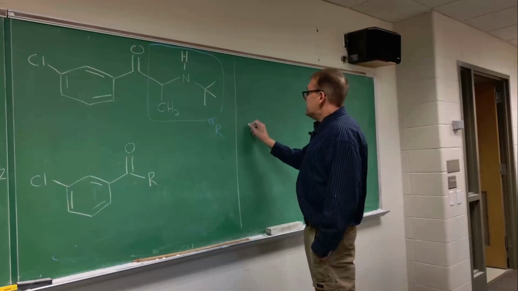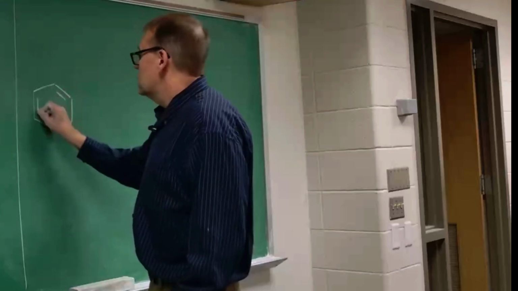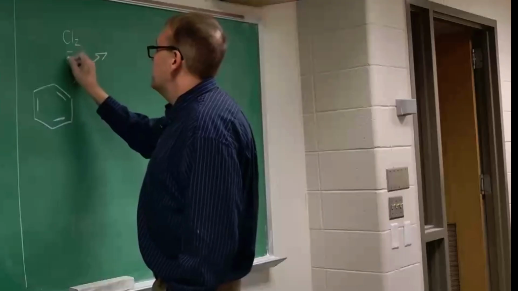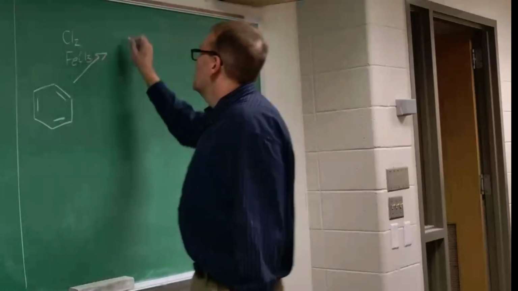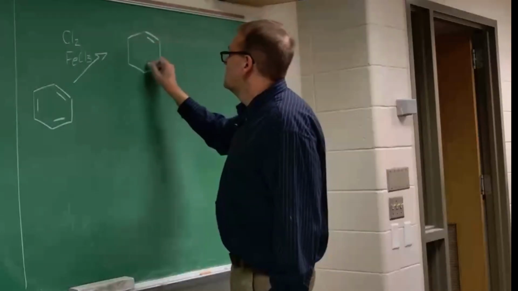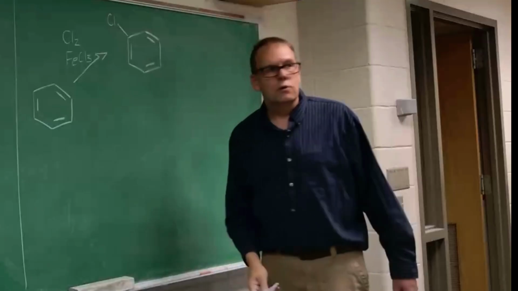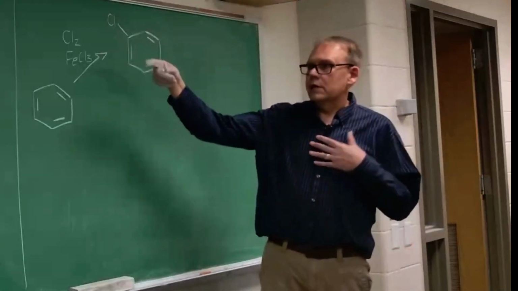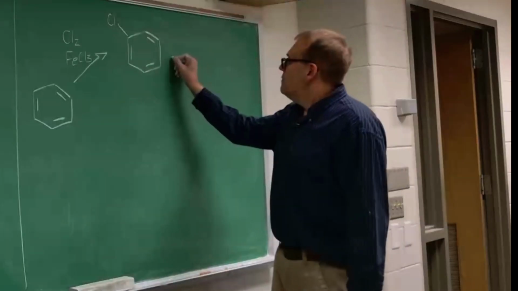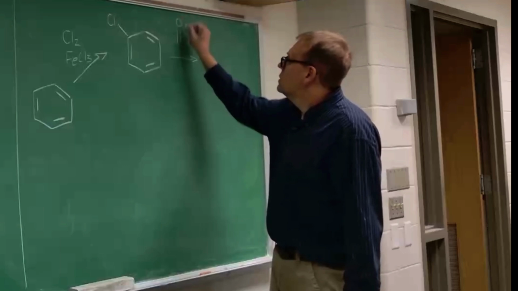So if we started with benzene and we first did chlorination, Cl2, FeCl3, we would get a chlorine on the ring. All the positions on benzene are equivalent, so I'm just drawing it in the spot where I drew it over there to align it with the desired product. And then if we did Friedel-Crafts acylation and we used an acid chloride,